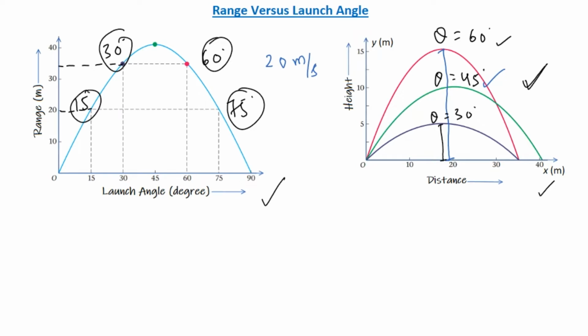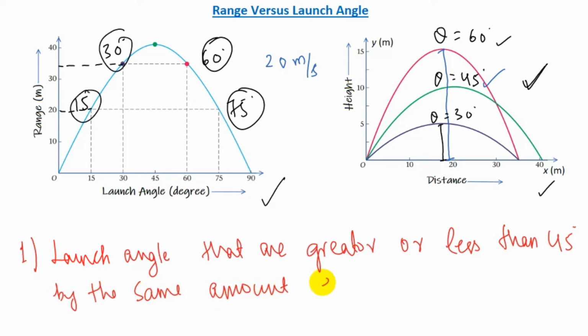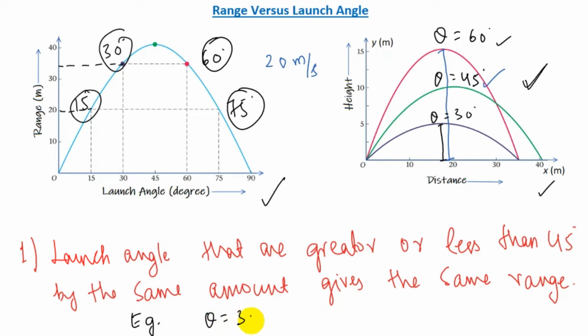Now I'll be writing the important point that we can conclude from this. The first point is the launch angles that are greater or less than 45 degrees by the same amount give the same range. For example, projectiles with theta equals 30 degrees and 60 degrees will follow different paths but will have